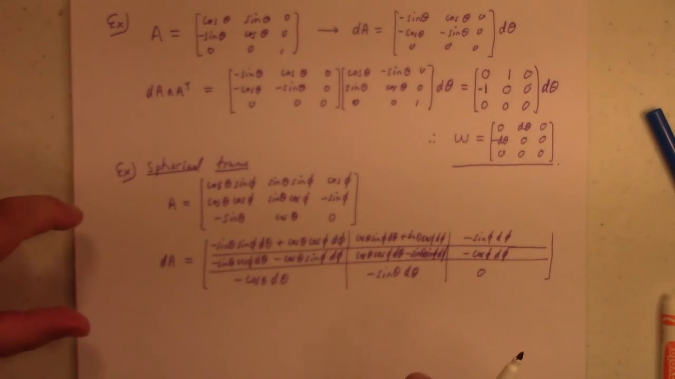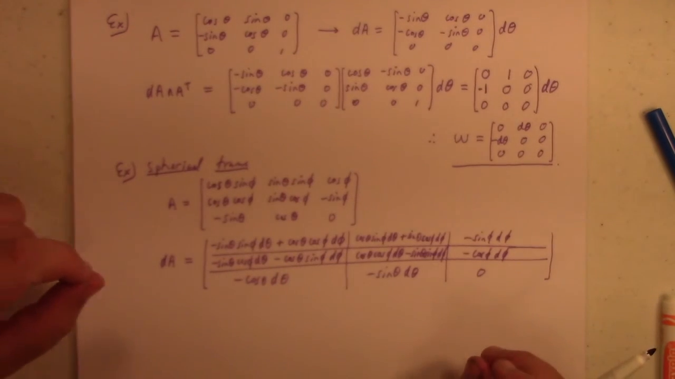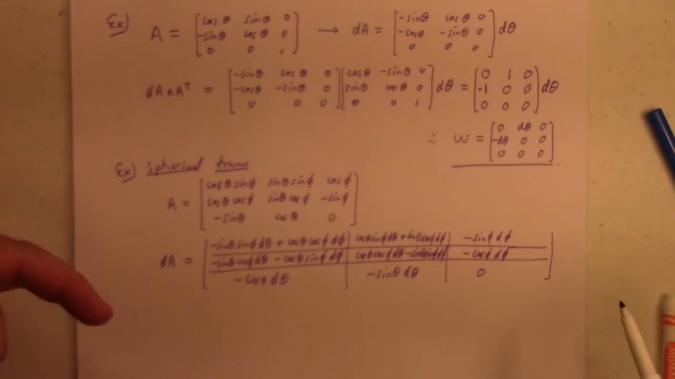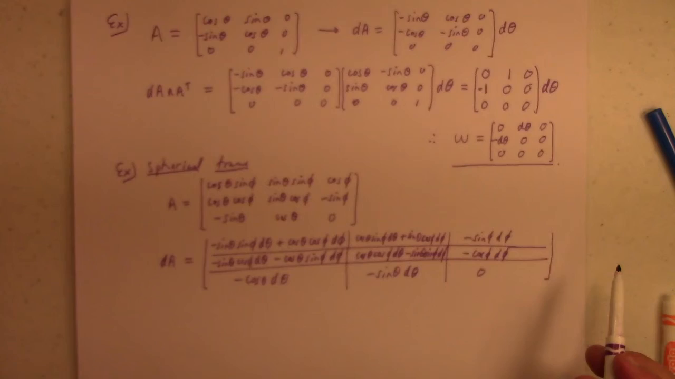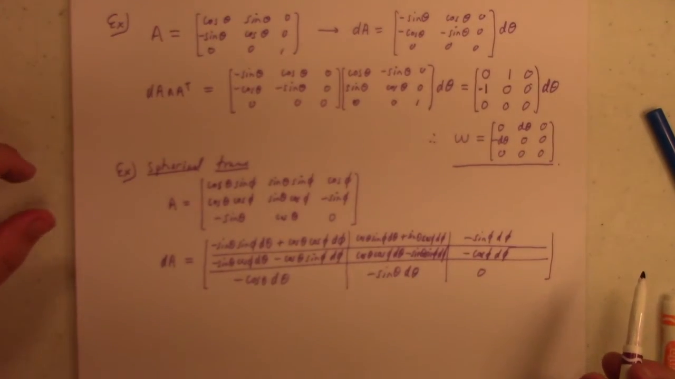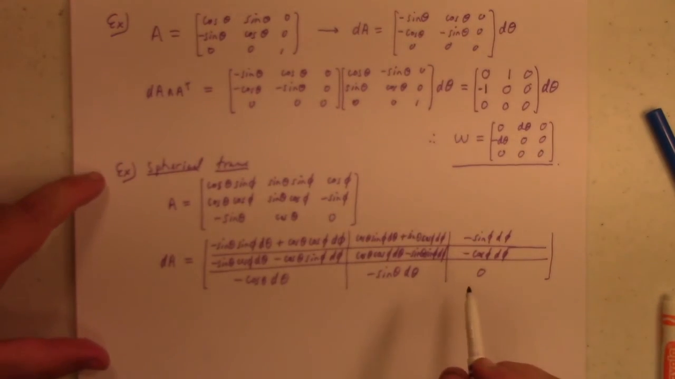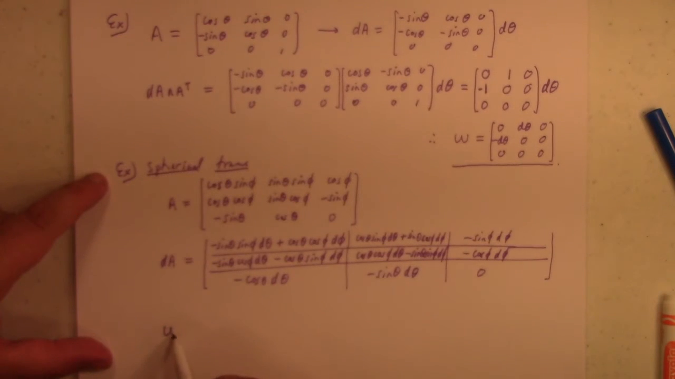It's actually probably a good idea to separate these into two matrices and just factor out the d theta and factor out the d phi. I found that to be useful when I calculated it. Anyway, if you take this, believe it or not, and you calculate the connection form by taking dA and wedging it with A transpose,